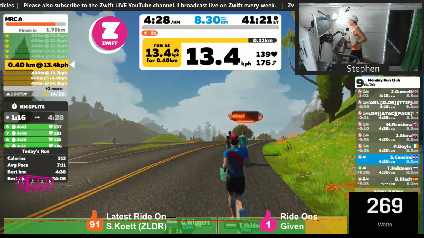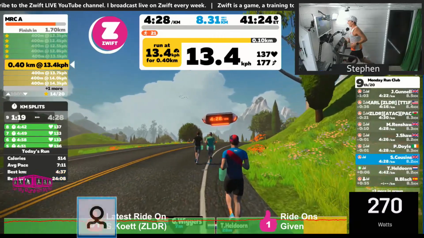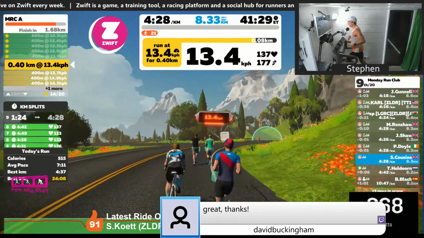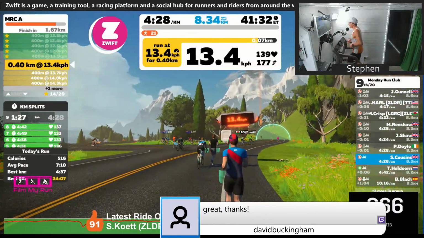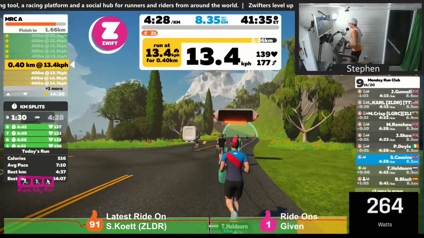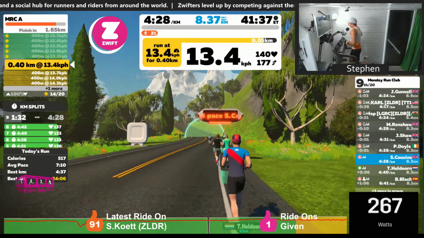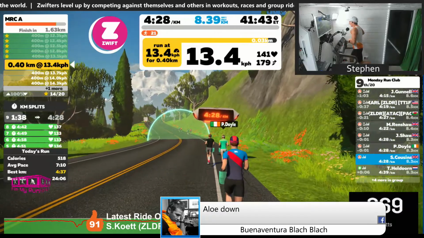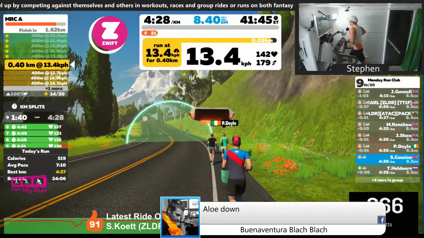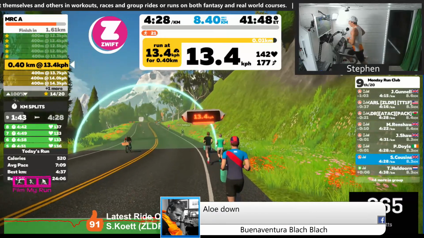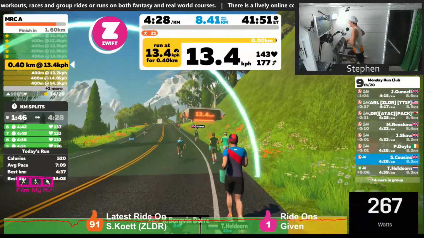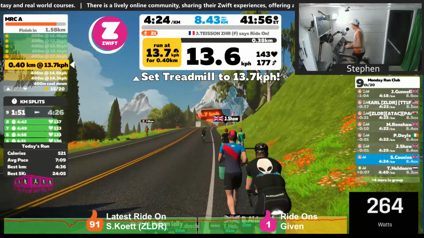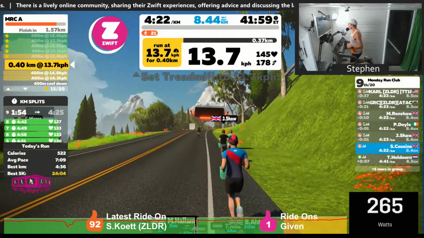I think the way to look at it is when you run slower, your body creates a lot more what are called mitochondria and capillaries, and they're basically responsible for storing and transporting oxygen and glycogen throughout the body to the muscles. And the more you have of them, the greater your VO2 max, the greater your aerobic capacity will be. And the most efficient way to create them is to run slowly.